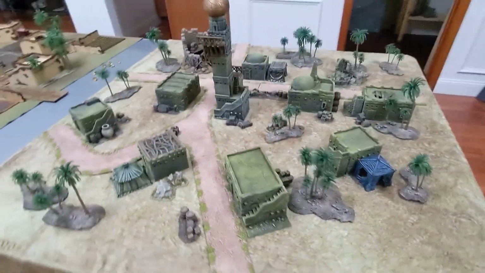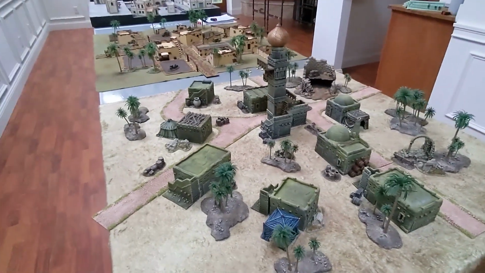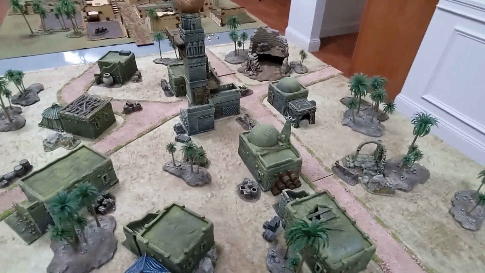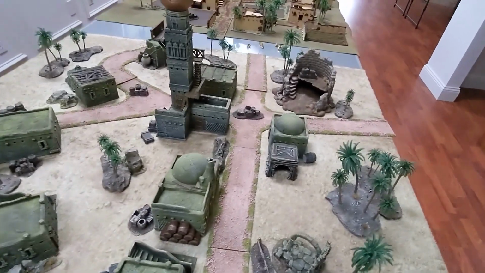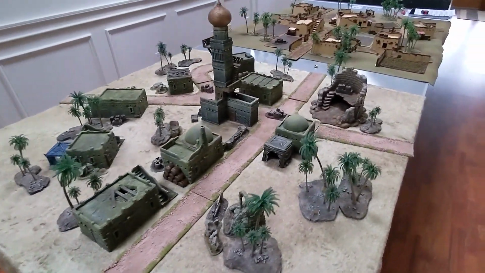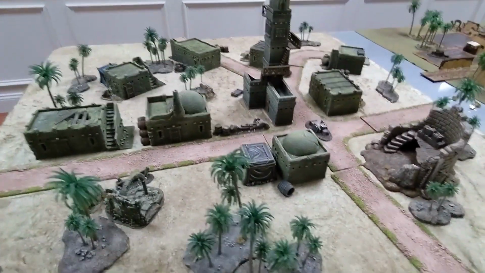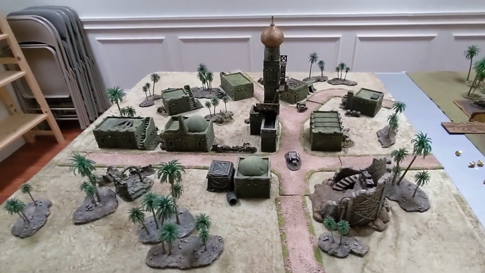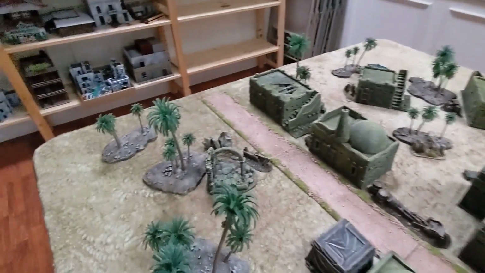On to this next one. This table is a little bit more straightforward. I just found some STLs I really liked for it. It's all 3D printed. Kind of a mishmash of designs here. Don't really have much to say about this table specifically. I think I'm going to be adding to it a little bit over the next couple months. Not quite sure what I want to do yet. Maybe some more